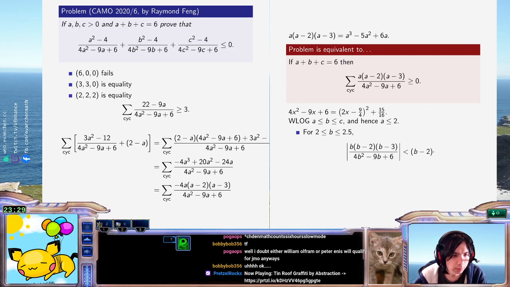This is correct, right? 2x minus 9 quarters, 4x squared minus 9. Yeah, okay. So written that way,